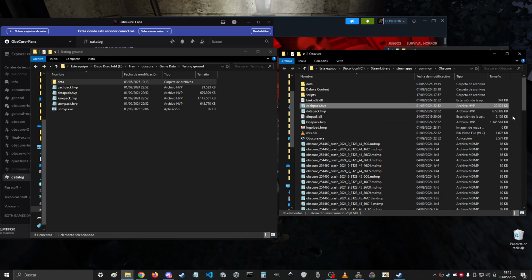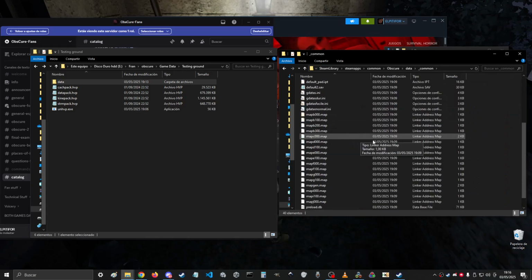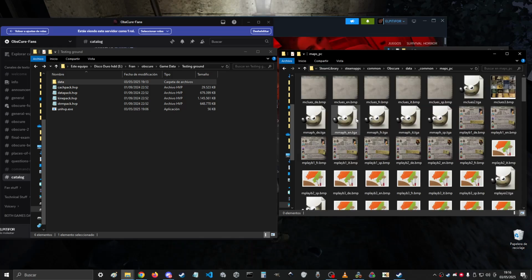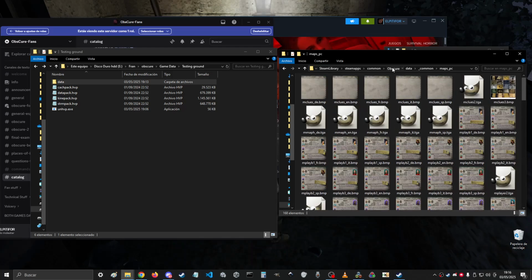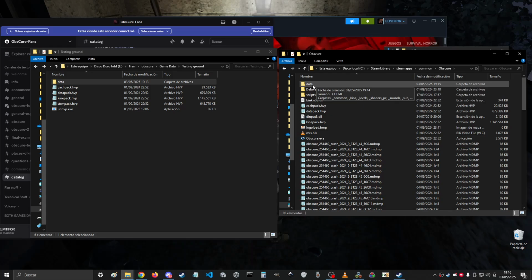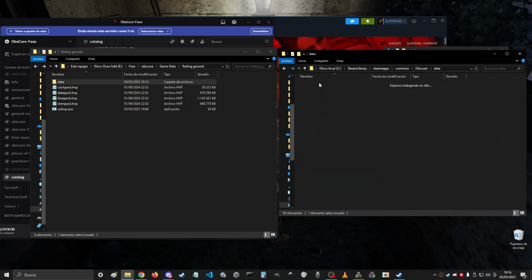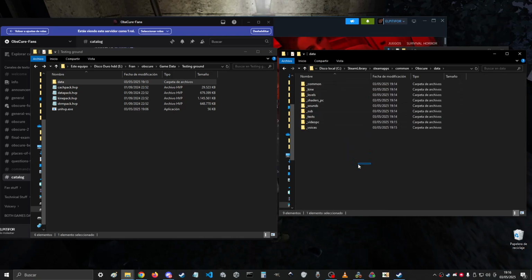Because in order to modify the game models, the textures and all of that, we have to modify the contents of these HVP files. But the content of the HVP files is hard to modify, but extracting the files and then putting all of them in a data folder where you can browse through all the folders and see each one of the files and modifying them is much easier. So now that we have this data folder, the name of which must be data because the game will be looking for this folder,